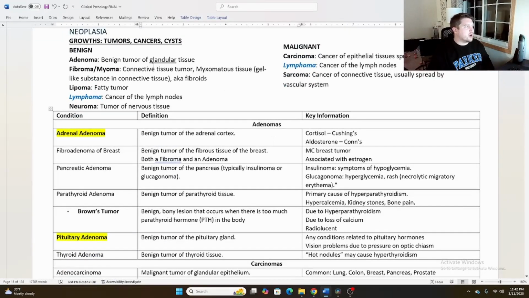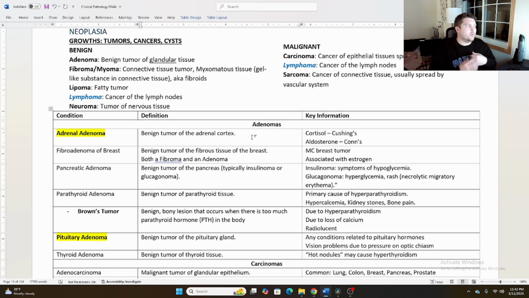Remember, adenomas are our glandular tissue. So we think adrenal adenoma, adrenal glands. Again, we'll talk more about the specific pathology for the adrenal glands later on. This is a benign tumor of the adrenal cortex. Oftentimes it can be functional. When we talk about a tumor being functional, that means that it is still doing the job that it's supposed to be doing. So in the context of the adrenal